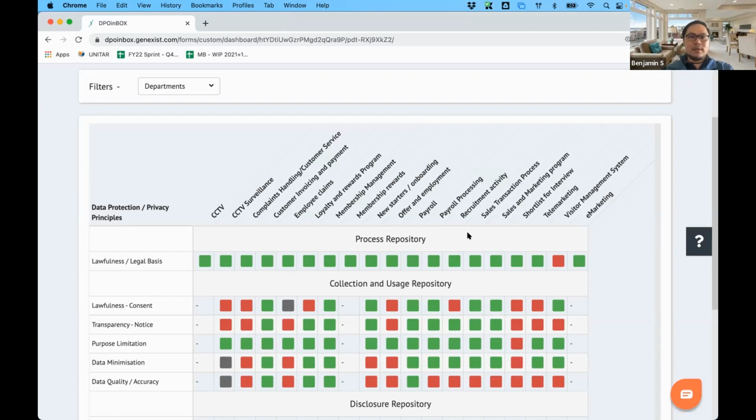And I know some DPOs out there who are double hatting. Some of the DPOs are the lucky chosen ones who are tasked to look into the data protection initiatives within an organization. Not only do you have your day-to-day job and tasks that you need to attend to, but you also need to look into data protection, which you have been tasked to look into.